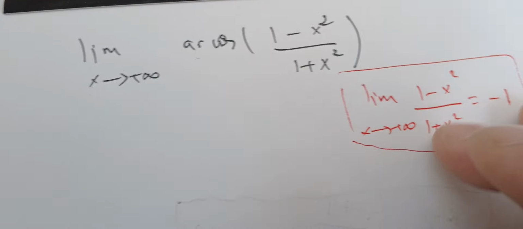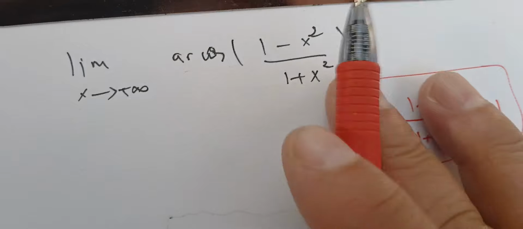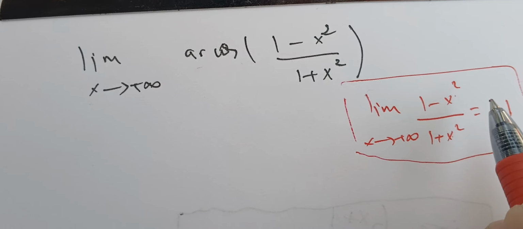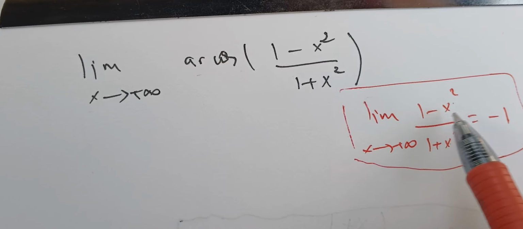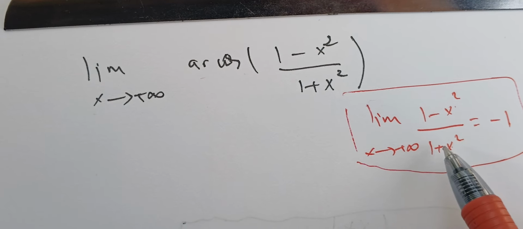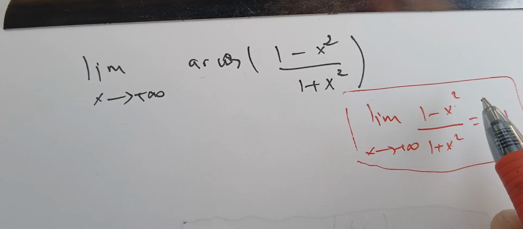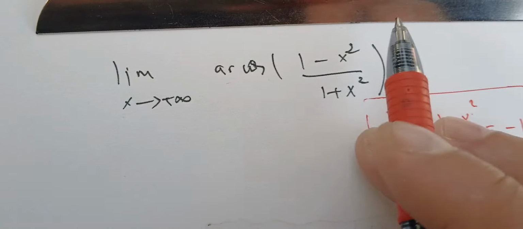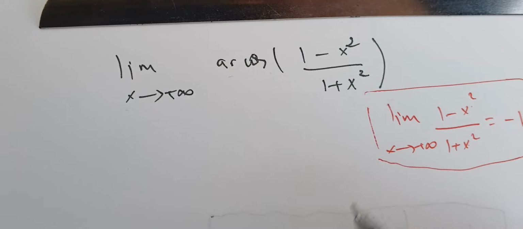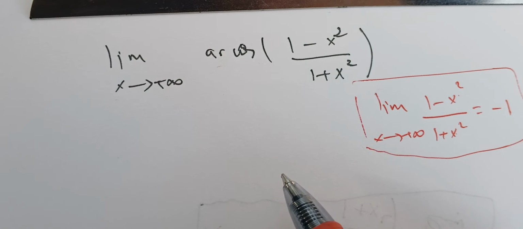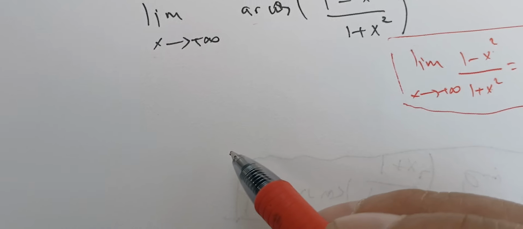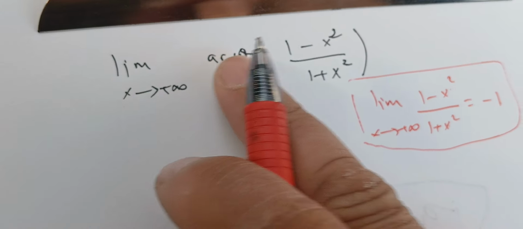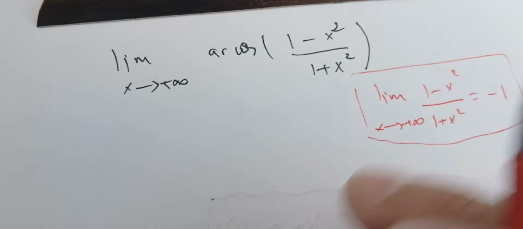this limit exists. Why? Because we know that the limit of (1 minus x squared) over (1 plus x squared) is minus 1. Here we can treat the 1 as negligible, and we have minus x squared over x squared, which is minus 1. Therefore we can write this in a different manner, using a limit that we know. If the outer function is continuous and this limit exists,